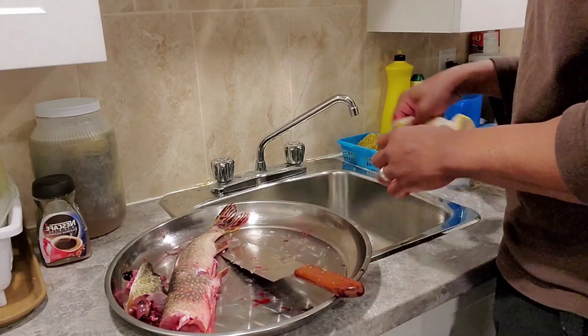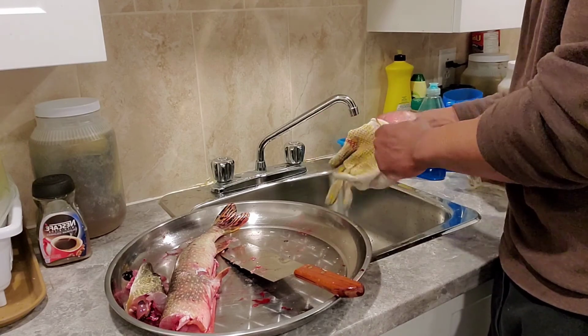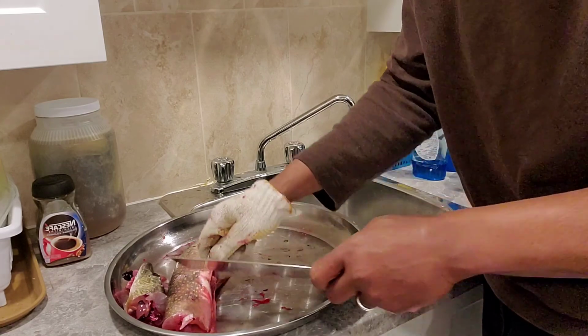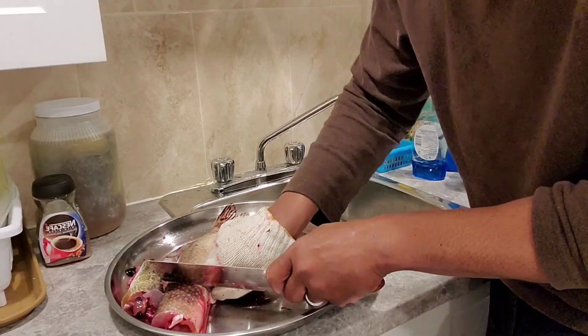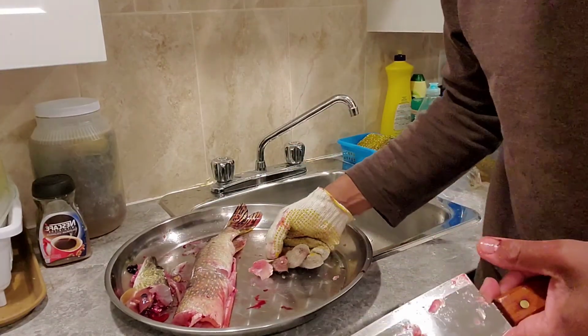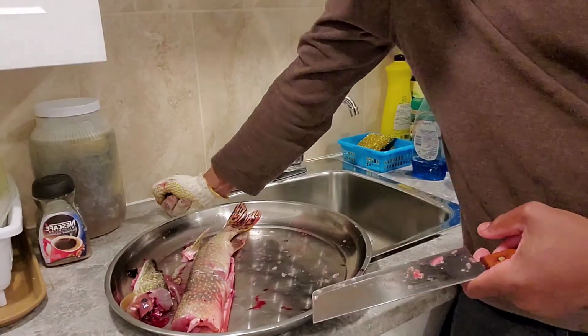Maybe I should wear my gloves because the fish is very slippery, guys. Okay. I have been on the trail of the catfish, but the problem is I'm in a red zone and